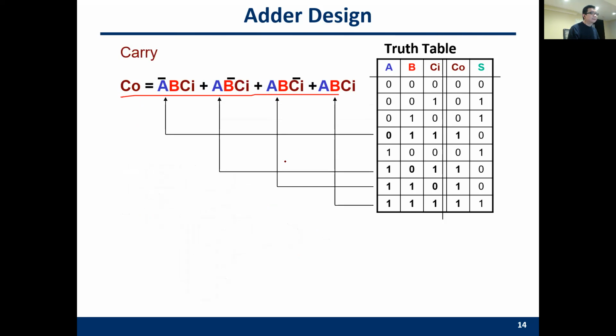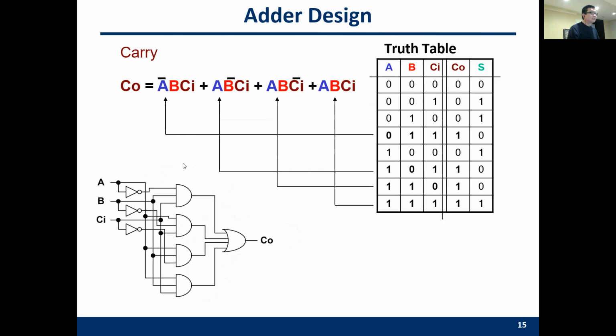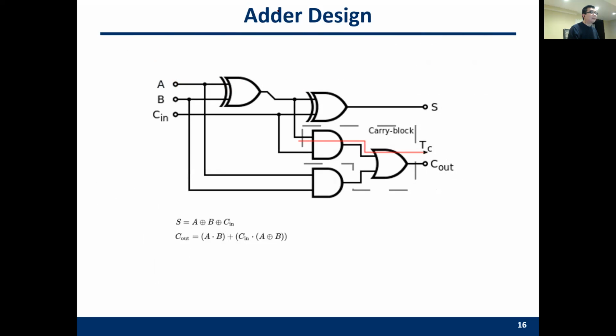And this is carry out. We basically follow the same steps and generate the canonical form, the sum of the minterms of CO. And then this is the piece of circuit. And this one is the circuit representation, which is the simplified circuit representation of the